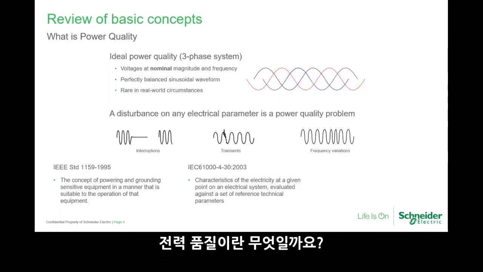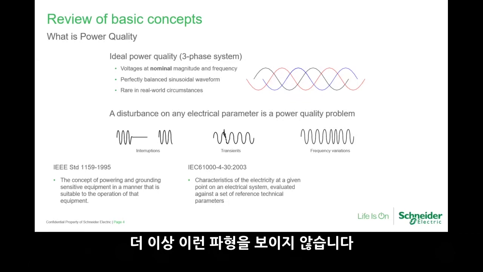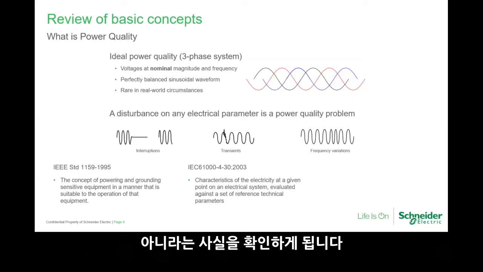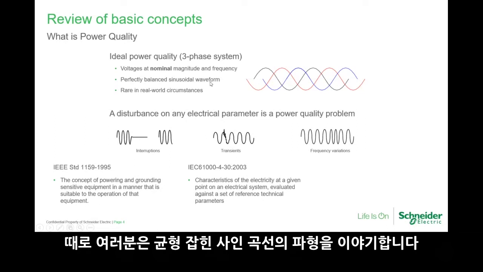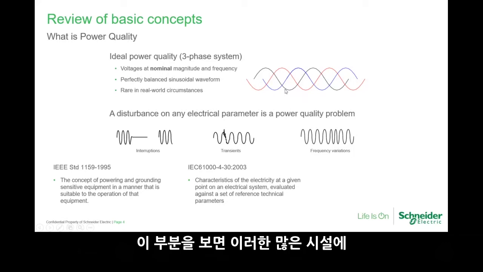Okay, now what is power quality? Look at the waveforms over there. This is the ideal power quality. In today's world, the ideal thing no longer exists anymore. You take any measurement at any electrical system, you will see that the waveform may not be so smooth, and the current is definitely no longer sine wave. Sometimes you're talking about balance and also the waveforms. Still there's a lot of balance, but if you look at a lot of these facilities, sometimes the balancing is also a question mark.